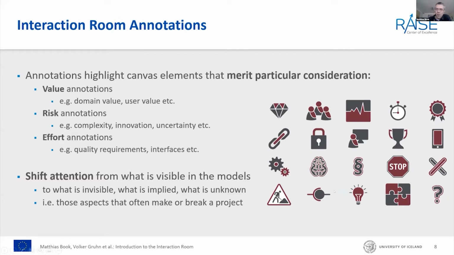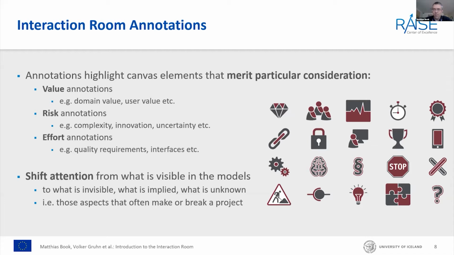So for example, things that are particularly valuable for achieving the goals of the project, something that is valuable to many users, something that is performance critical, time critical, security critical, usability critical, has legal implications, requires particular interfaces, is particularly complex, requires automation, does not require automation or cannot be automated, and so on and so on. So I'm not going to go through all of these because not all of these might be relevant for HPC